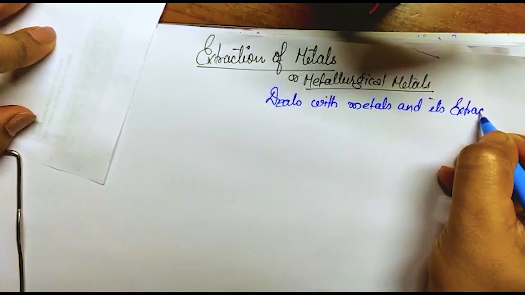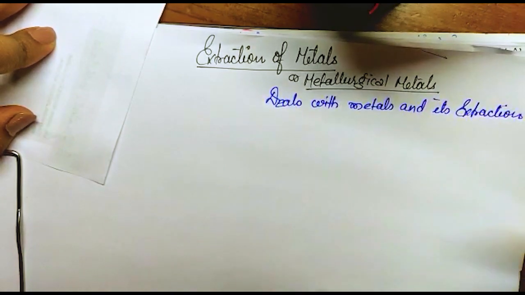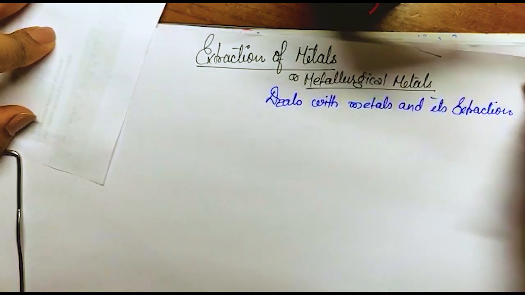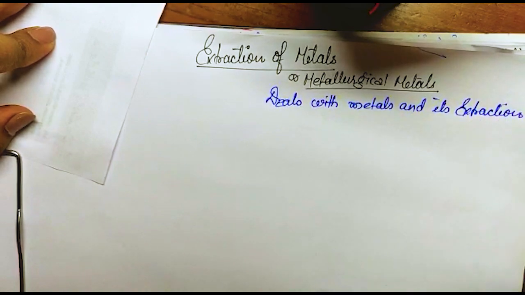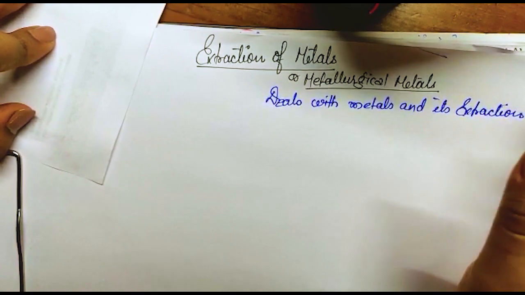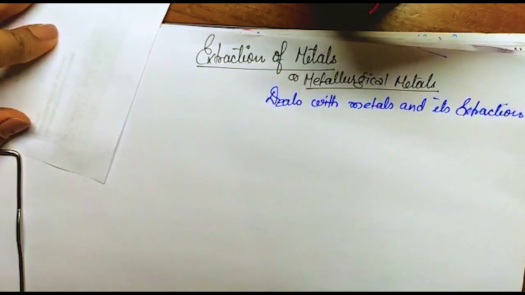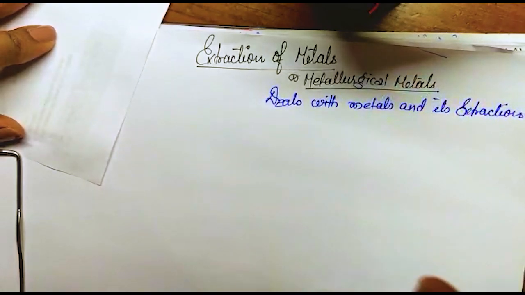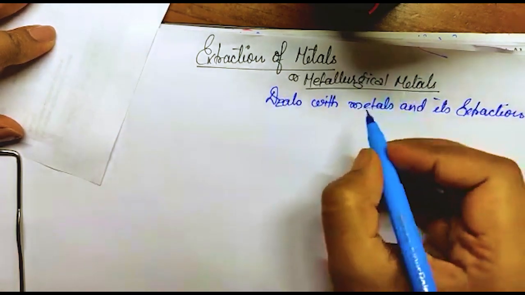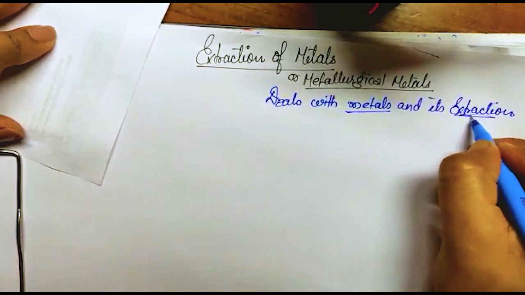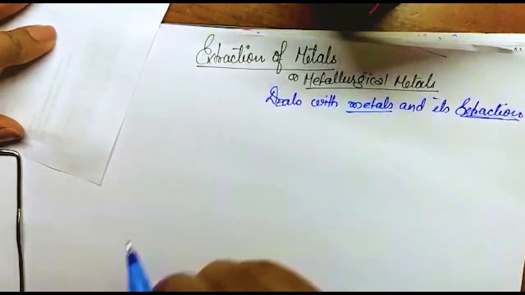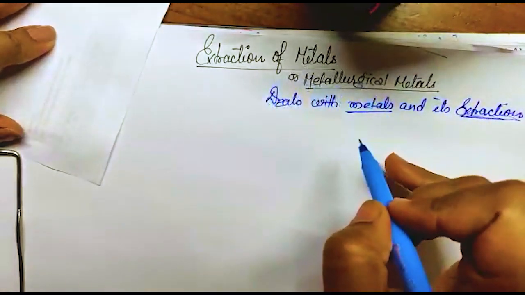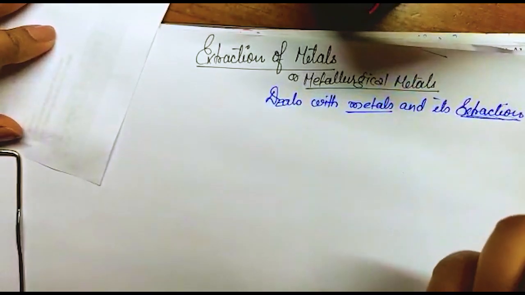And one thing I want to tell you, this chapter you will have done in class 8th also, and it is here also, and you will also find this chapter in class 12th. Got it? Of course in class 12th it will be with a little more description. So till then we have to go through this topic. So let's start with this. It deals with the metals and its extraction. The word extraction we will do afterwards. First we should know the metals. What are the metals? To understand extraction of the metal, we need to know the metals.